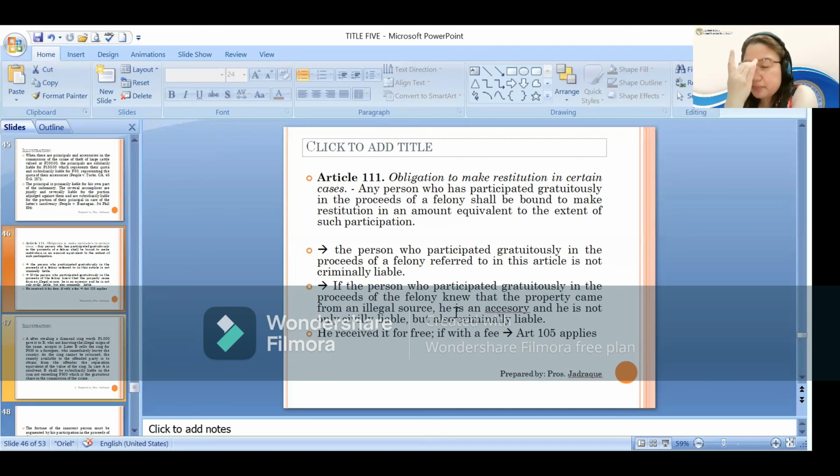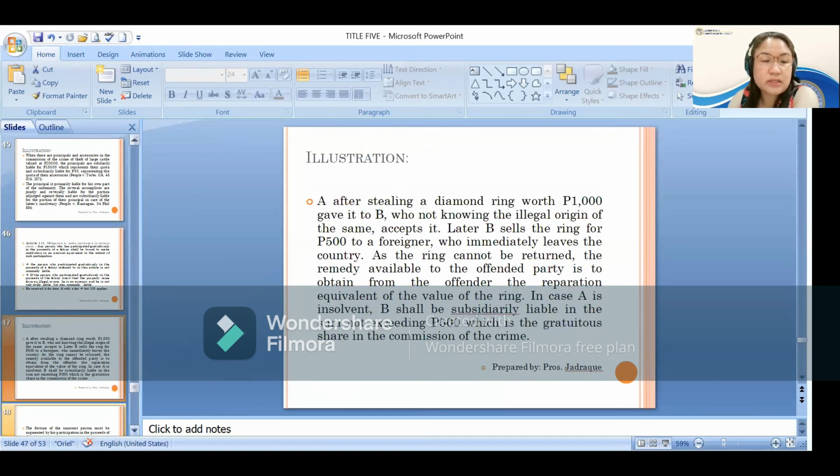So, this person referred to in Article 111 received it for free. Okay, he received it for free. And if there is a fee involved, go back to Article 105. But remember, this person here is not criminally liable. To illustrate,